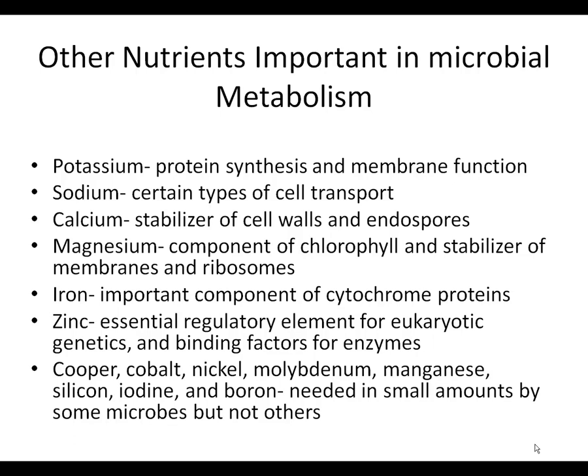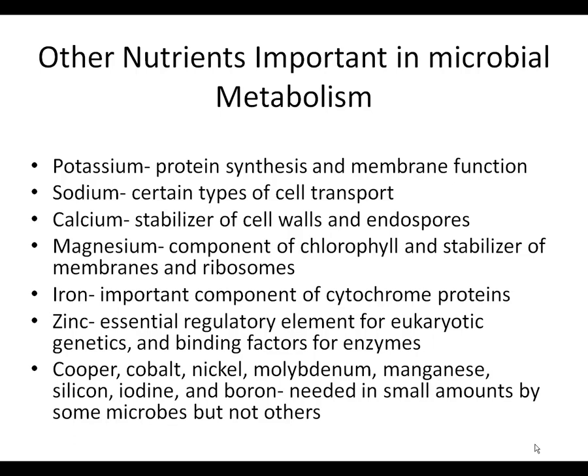Iron is a component of what we call cytochrome proteins, proteins that will turn color. Zinc is a regulatory element for a number of eukaryotic functions, particularly in DNA replication and binding factors for the use of enzymes. So these are all going to be very important in a number of different regulatory or metabolic processes. Copper, cobalt,